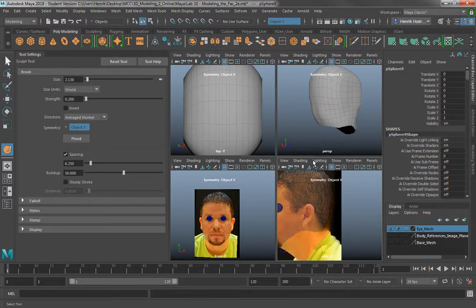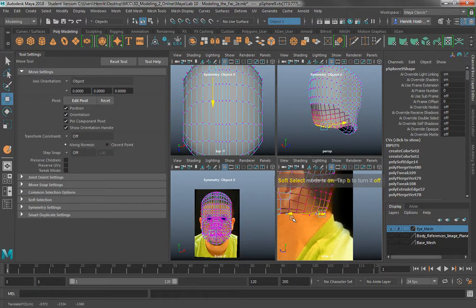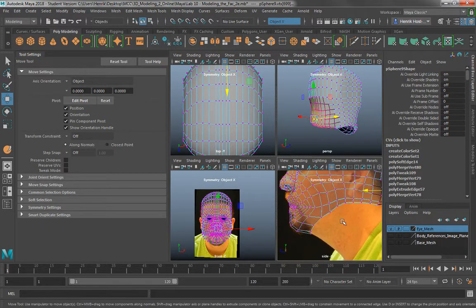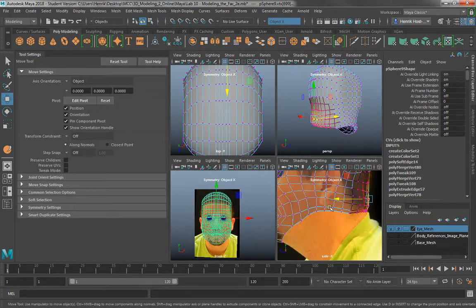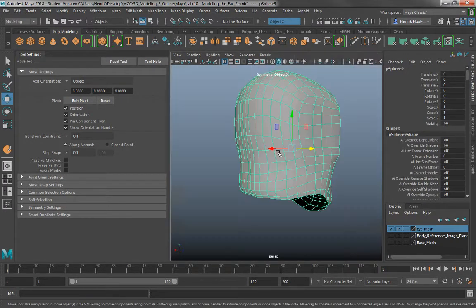Now another thing I can do is in my vertices, just highlight a couple of these here, using my soft select, just drag outward, and that's the start of the neck. And when I'm all said and done with this, I'm actually going to flip it one last time, and in here,